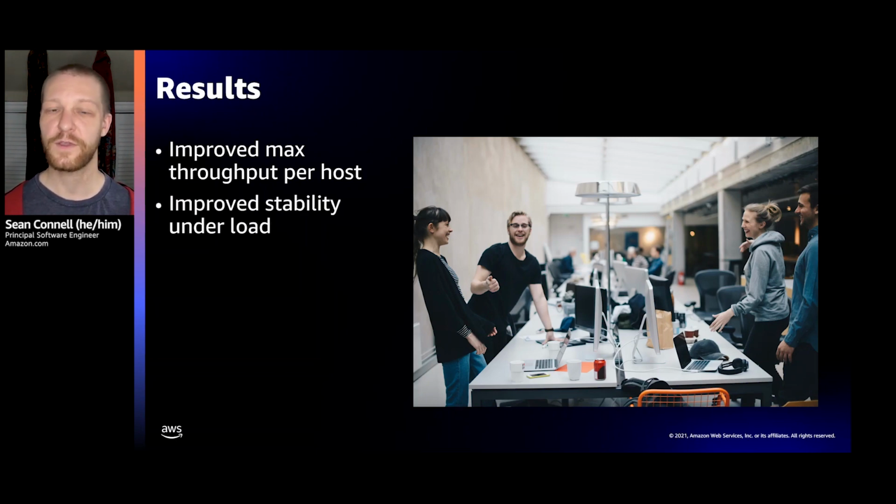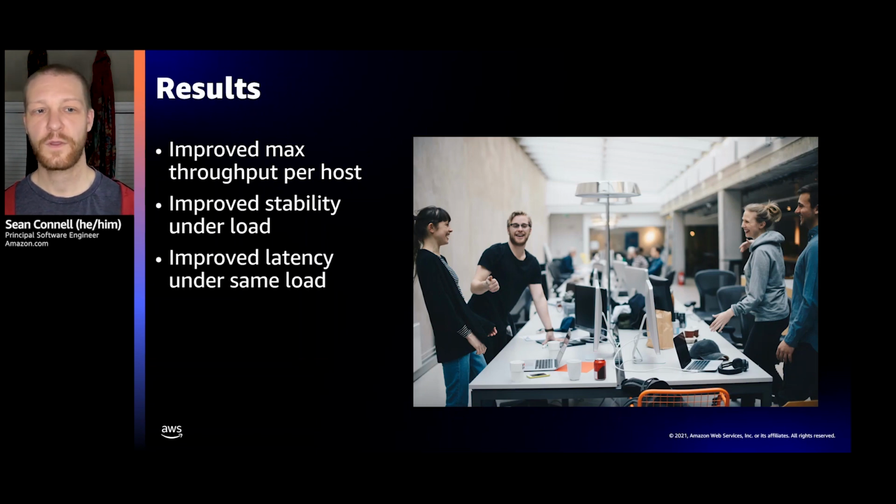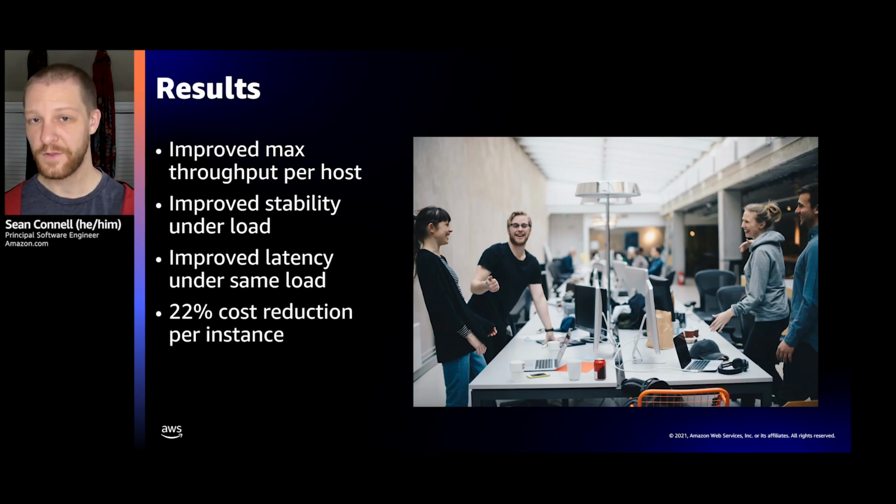And that's kind of the second thing. We're more stable under load because we don't have to worry about thread switching out, sharing a physical core. When we try to run a thread, it runs. And that means that we get lower contention and better stability. We also have better latency, which is related to the contention under load. Things are able to run immediately, they don't have to wait. The performance of the processor is very good, and so we were able to get all of these nice reliability and stability aspects of performance, as well as the cost savings.